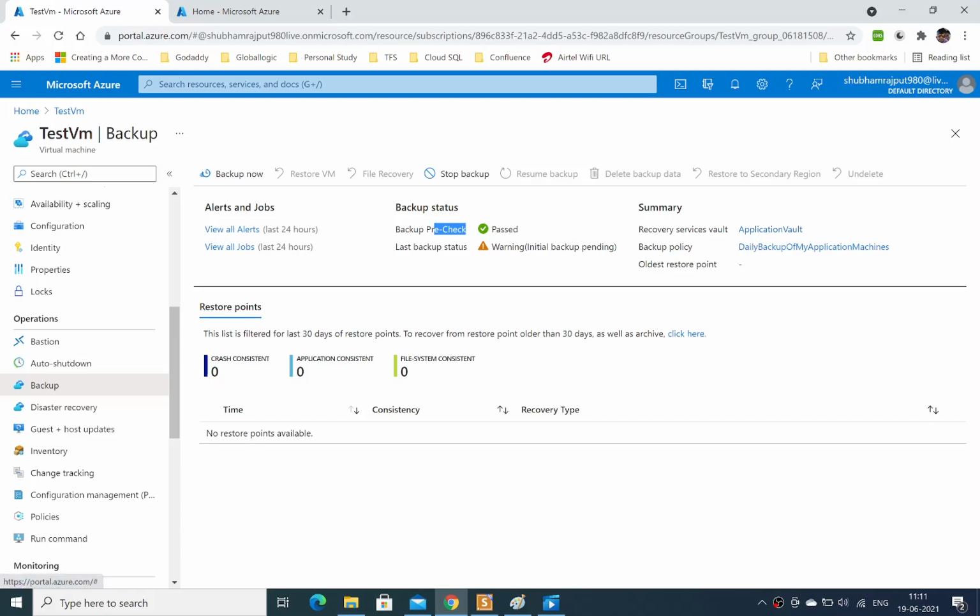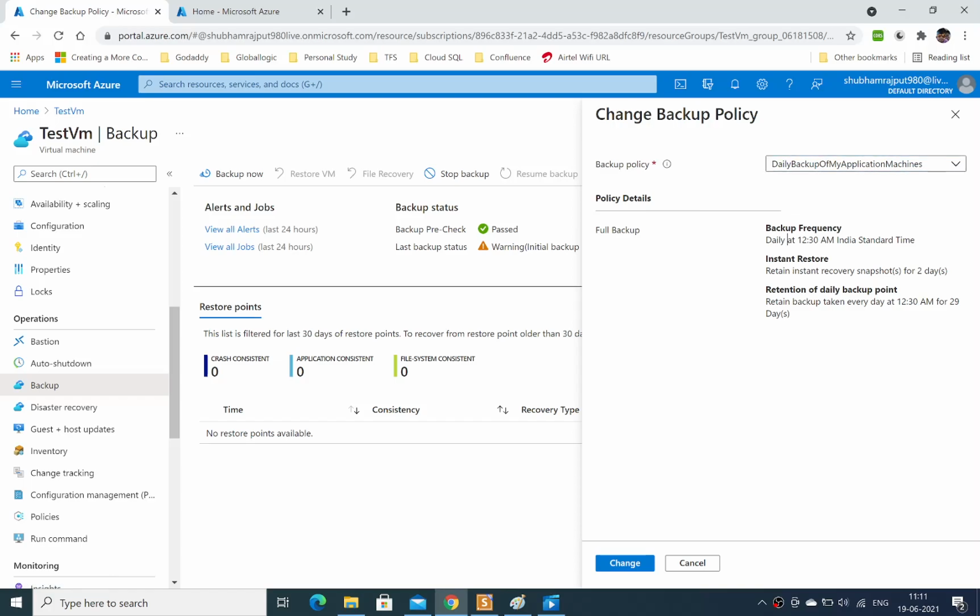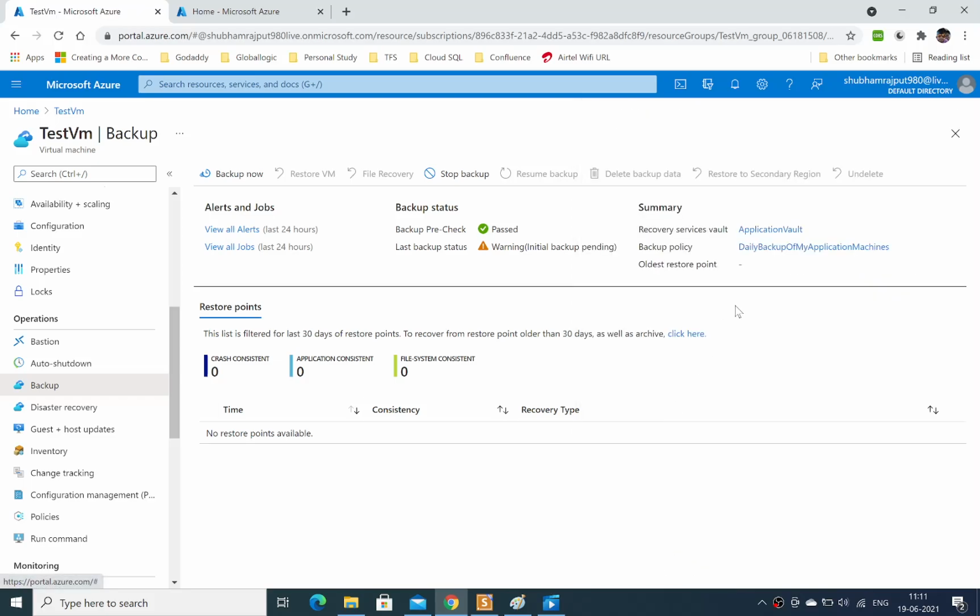This is the vault I am currently using for my backup, the application vault, and these are the backup policies. The daily backup is configured on a daily basis at 12:30 am.